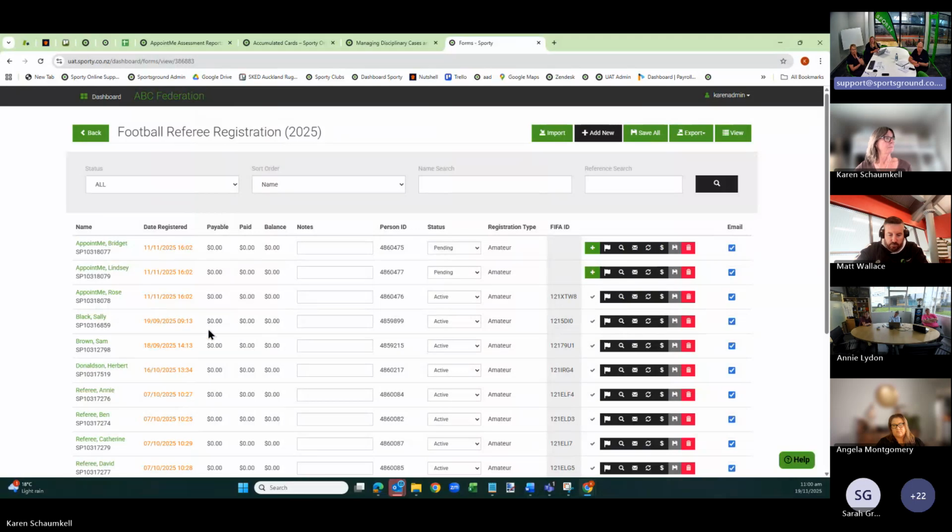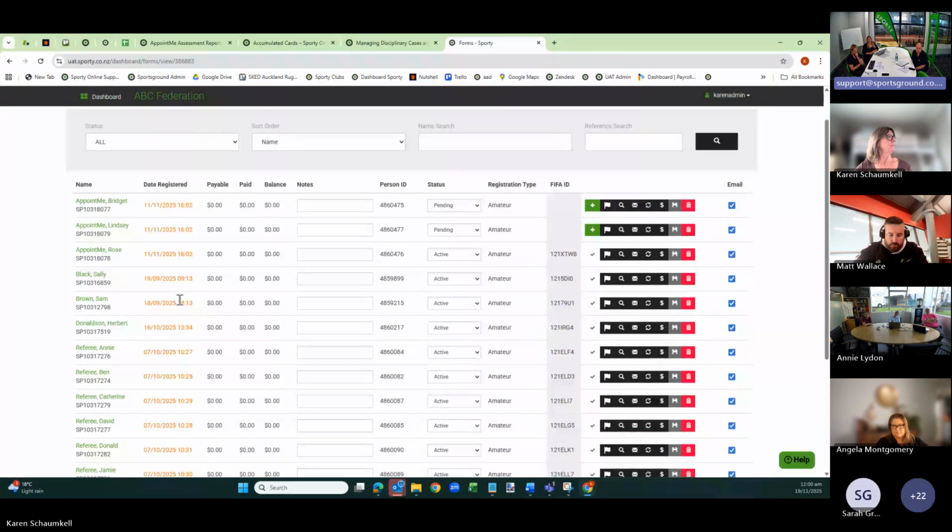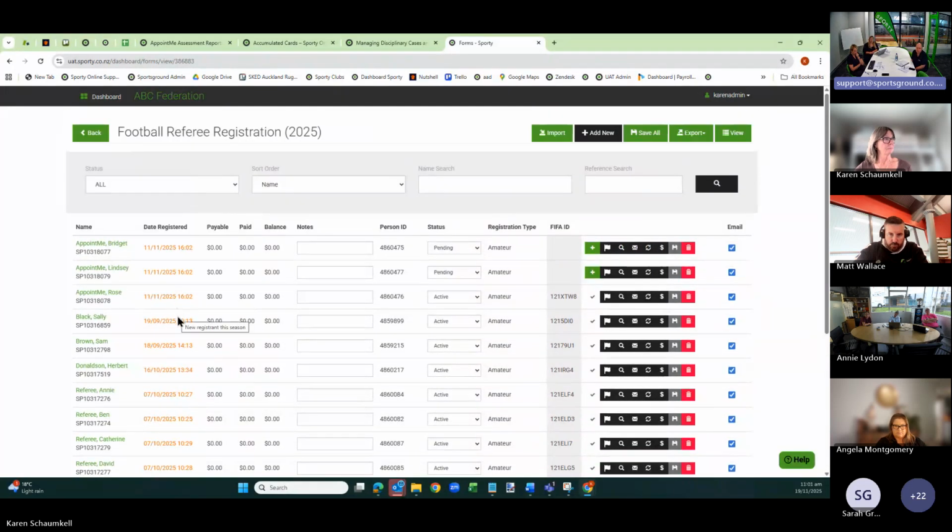So it's a really quick process to confirm that those people are active referees. They're not someone who's a community referee that is registered to your federation by mistake, that these are actual accredited referees that will be utilised in your high-level performance competitions. Yeah, and the magnifying glass here, you could review what they submitted on their form, if you're wanting to check something before you approve them.